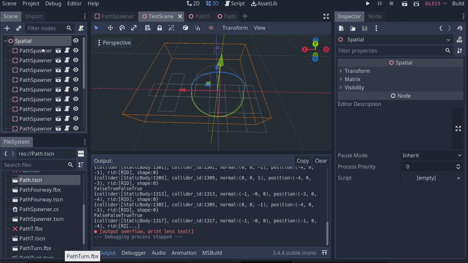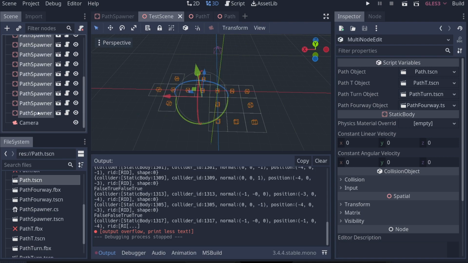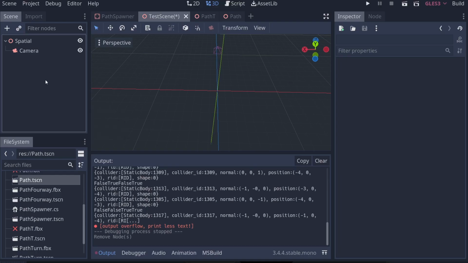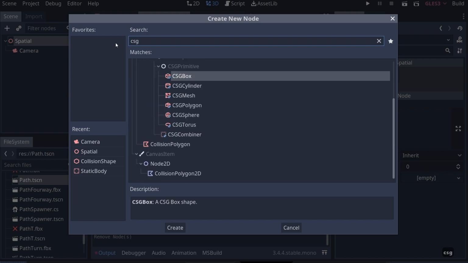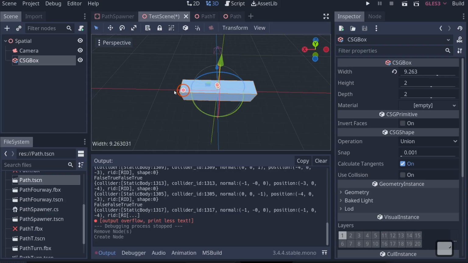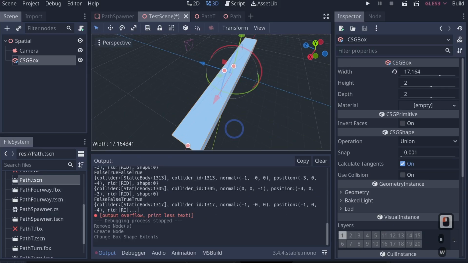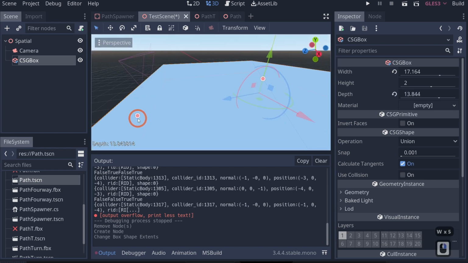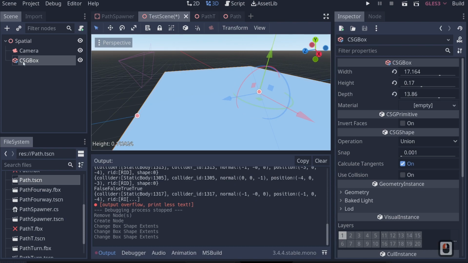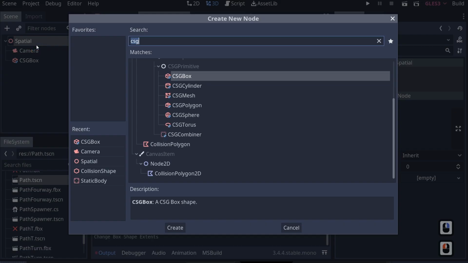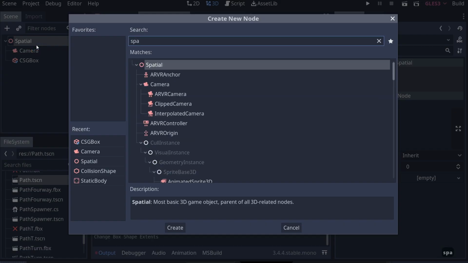All right. So the first thing we're going to do is delete all of these path spawners. We don't need them anymore. We're going to right click our spatial node, add in a child node, and then add in a CSG box here. We're going to make it about this big, give or take. We'll pull this out, bring this down just a tiny bit. And we'll right click, add in a child node, add in a spatial